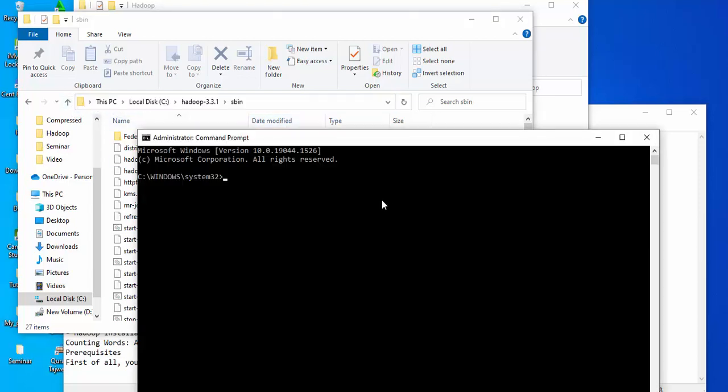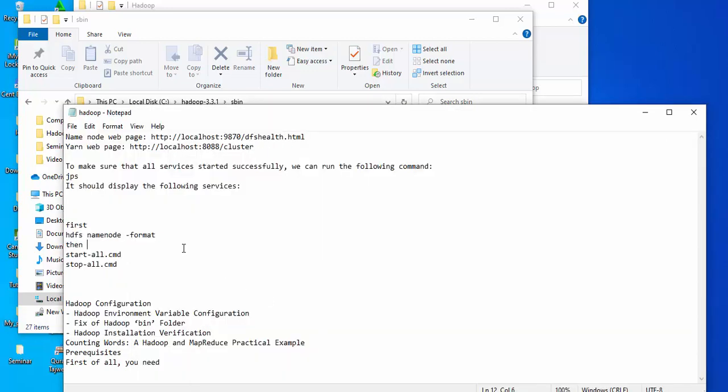Now you have to format the repo again, hdfs namenode format, from this, Control V, then enter. Okay,